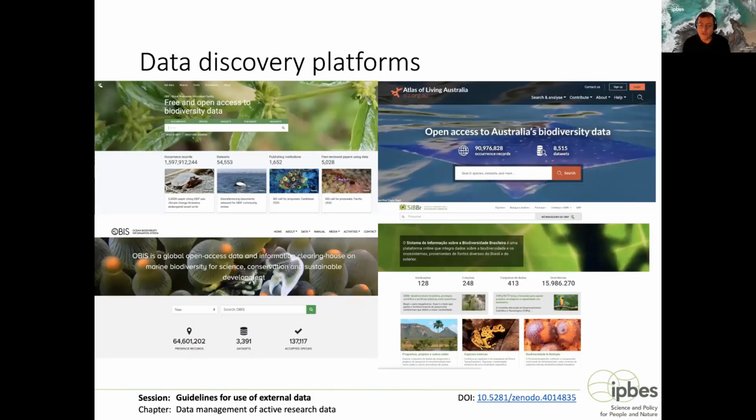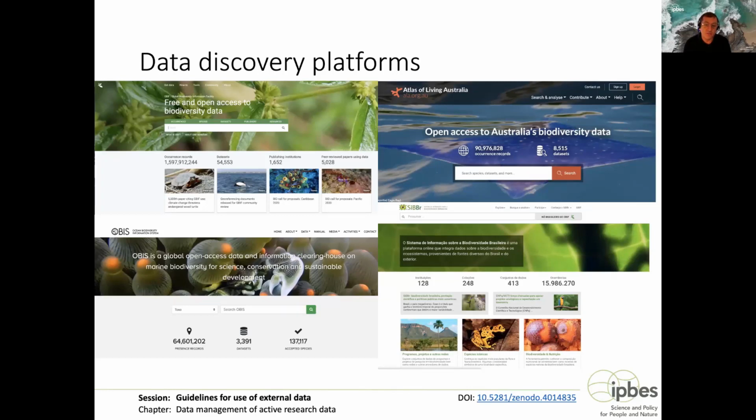Data on the occurrence of species in space and over time can be freely discovered and accessed through a variety of platforms depending on the focus and purpose of the study. GBIF brings together data sets from all parts of the world, covering all taxa and all types of ecosystem. The Ocean Biodiversity Information System, OBIS, specializes in marine data and includes data attributes and filters of special interest to